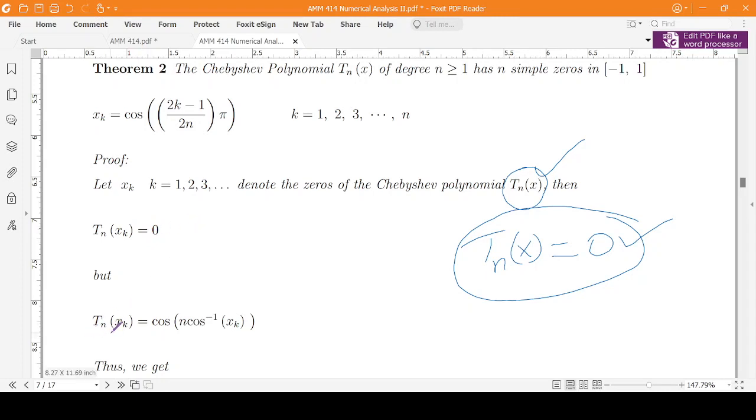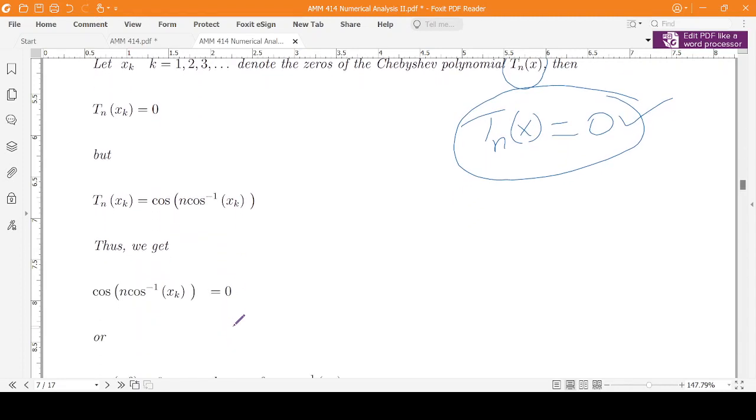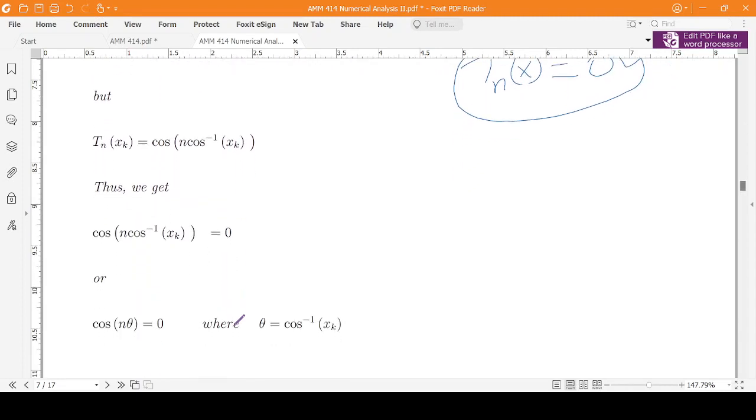But what is Tn of xk? Tn of xk is cosine of n cos inverse of x from the definition of the Chebyshev polynomial. So we are saying that cosine of n times cos inverse of xk will be 0,